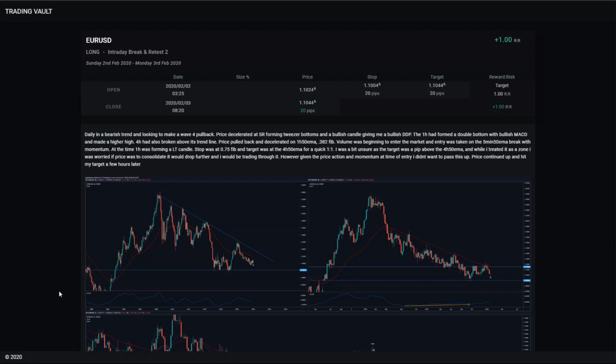The great thing about using Trading Vault to do this is it makes it very easy and time efficient to share your trades. Back on my old journals when I was using OneNote and Excel and keeping my data everywhere, I'd have to copy and paste and rewrite all my positions, my entries, my targets, my stops, and everything like that. Whereas now with Trading Vault, you simply tell them what instrument you traded, drop the link in, and you don't need to retype anything else. They can jump straight in,